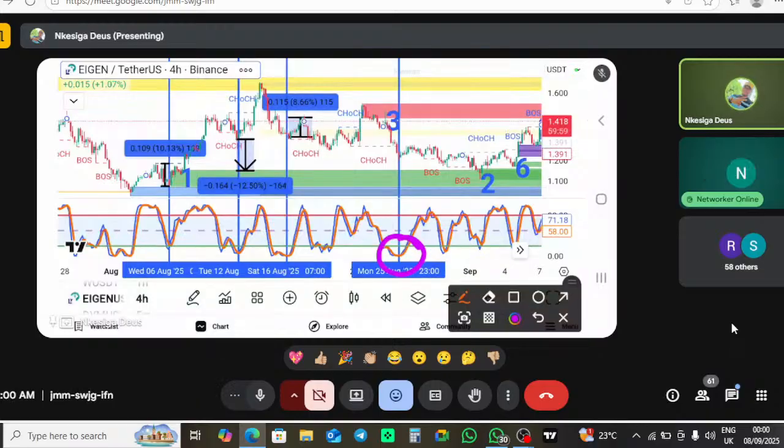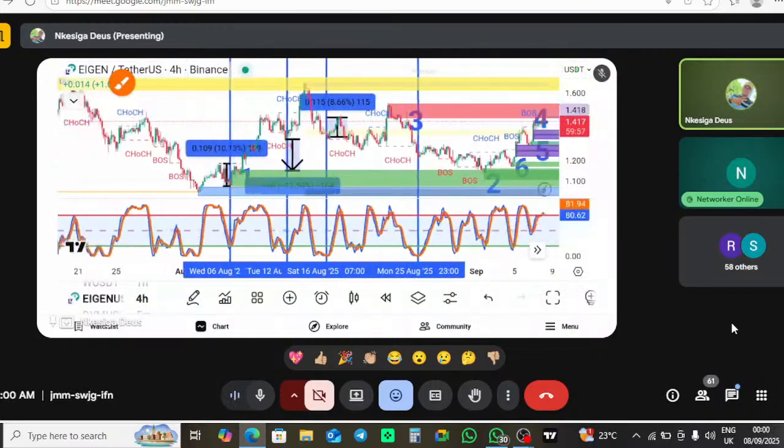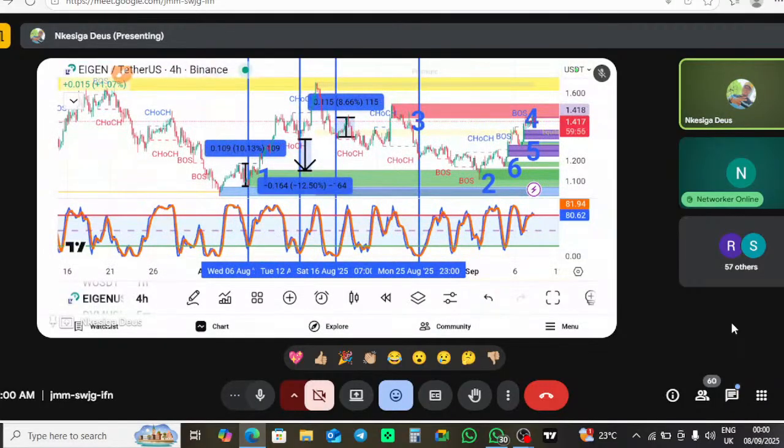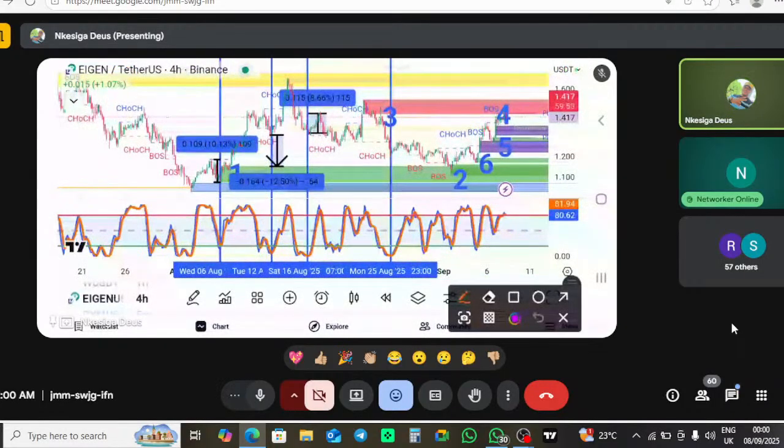At that point, the market was coming from the oversold region. According to Stochastic, yes. But what was happening on smart money? Smart money had created a bearish block, which is red,